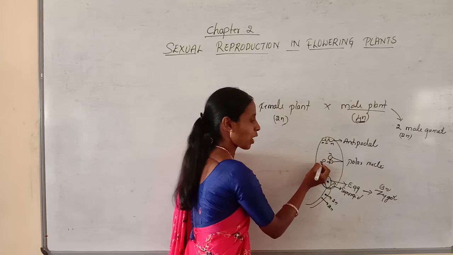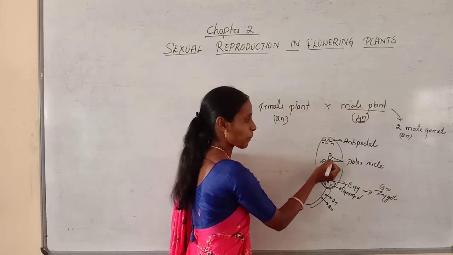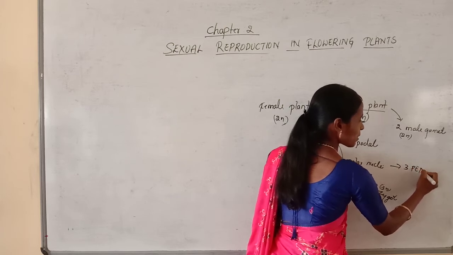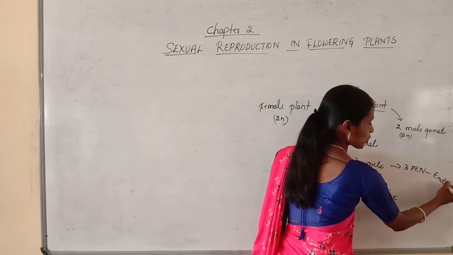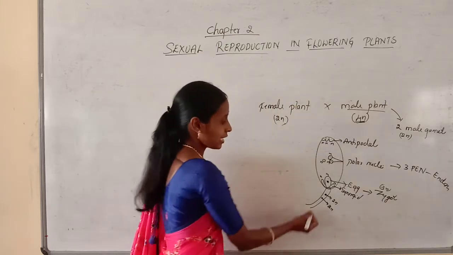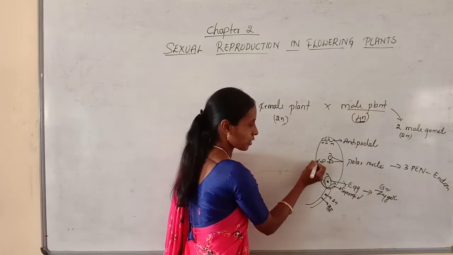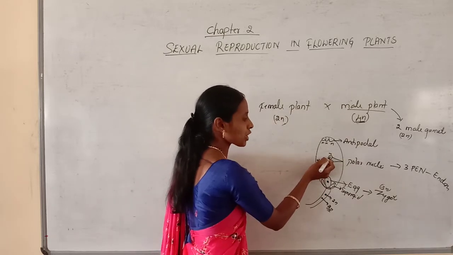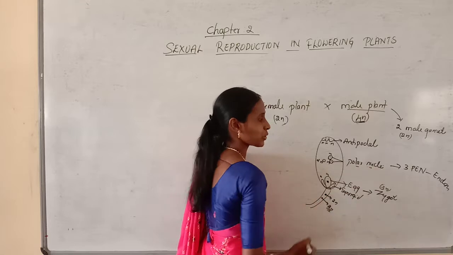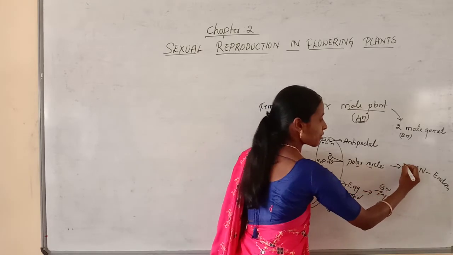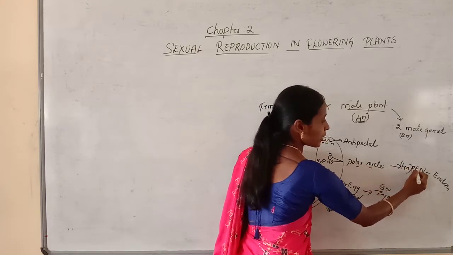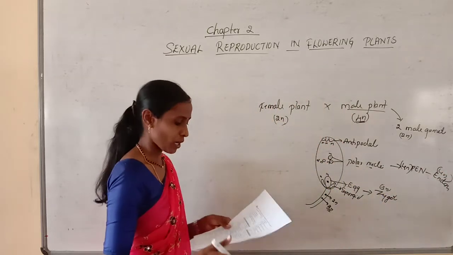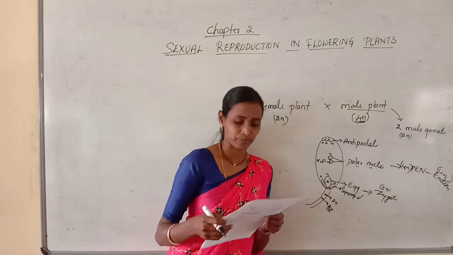And another male gamete usually fuses with the polar nuclei. Usually one haploid male gamete fuses with 2 haploid polar nuclei to form a triploid primary endosperm nucleus. Later it develops into endosperm. But here the male gamete is diploid. So here the diploid male gamete fuses with 2 haploid polar nuclei. So it results in the formation of a tetraploid primary endosperm nucleus. Later it develops into tetraploid endosperm. So here the answer is A.